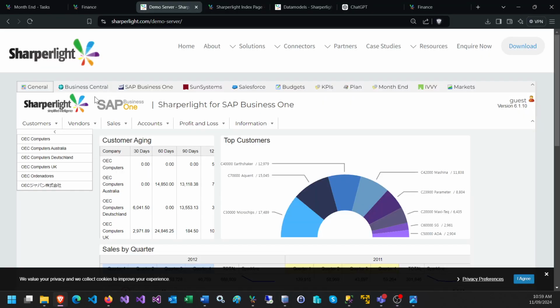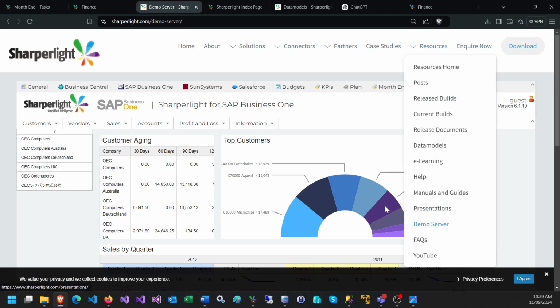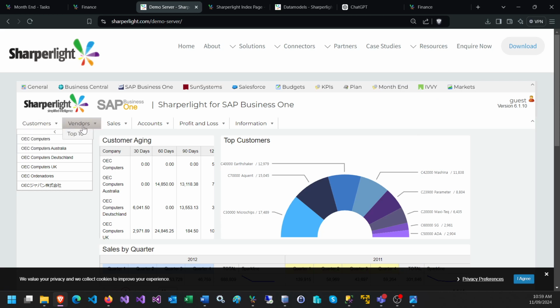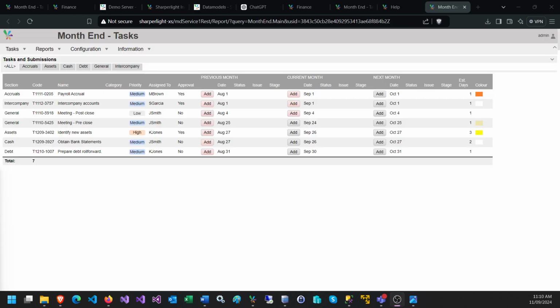Let's have a look at some examples. So I've just gone to the Sharperlight website and I've selected Demo Server, and you can see menus here based on various report packs. And in addition to creating menus, the same concepts apply for creating slices and tabs as well. For this training video I've prepared some very simple examples of menus, and the first one will be month-end